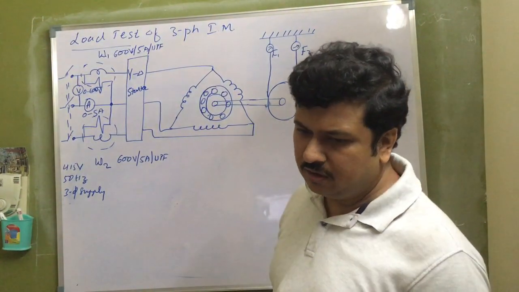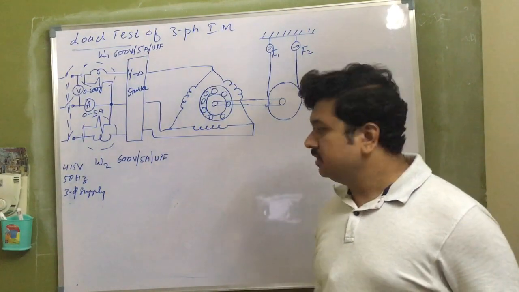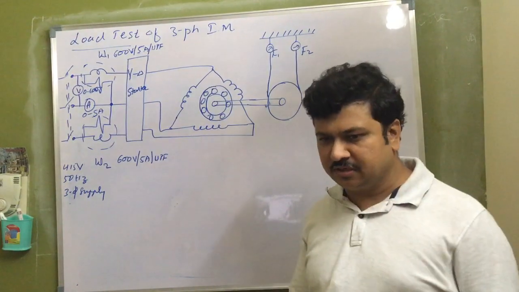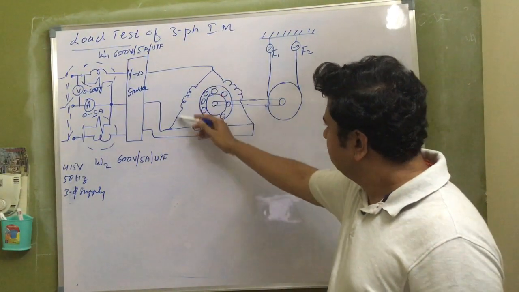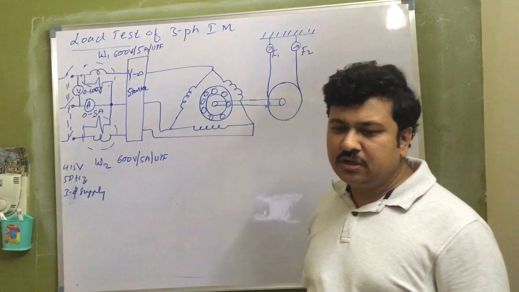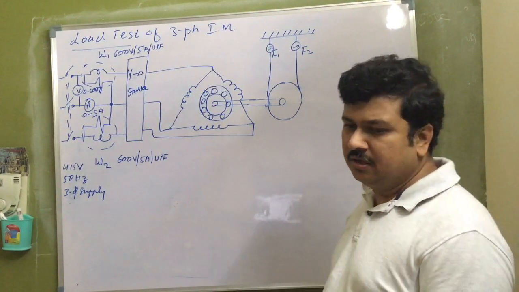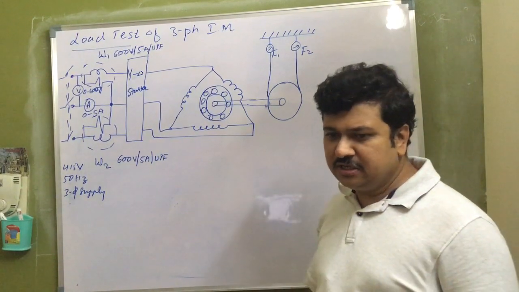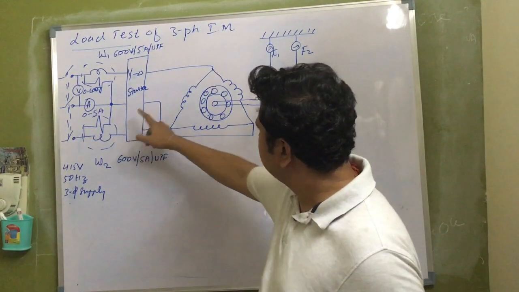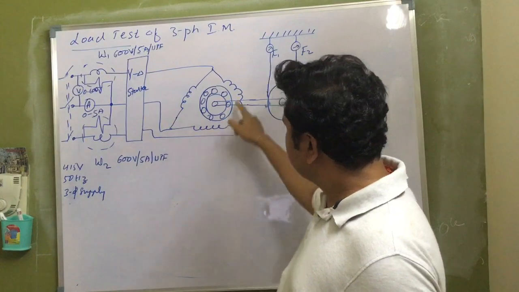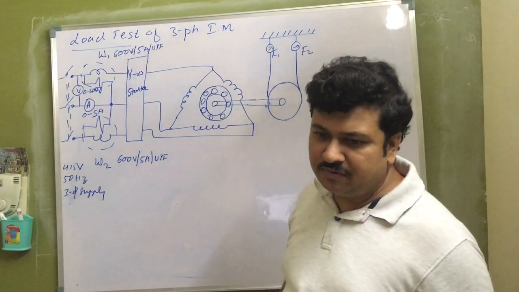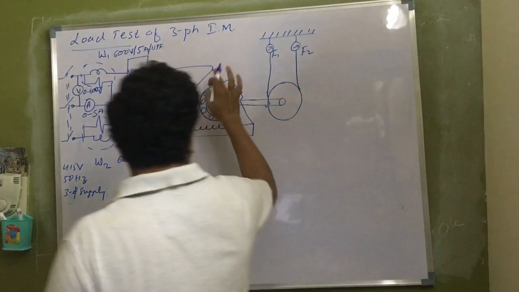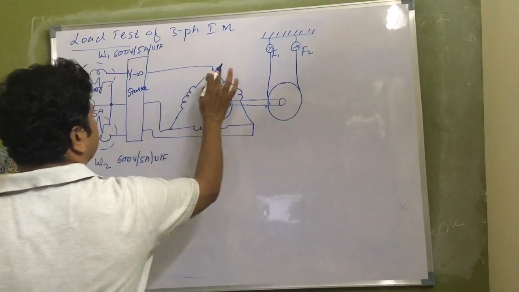In our college, we have a starter. For this experiment, we don't use the auto transformer starter, we use a star delta starter. That is the reason why the stator of the squirrel cage motor is connected in delta. Initially, the starter will be in such an arrangement. In a star delta starter, it is not exactly connected in delta always. All the 6 terminals are open for the connection.